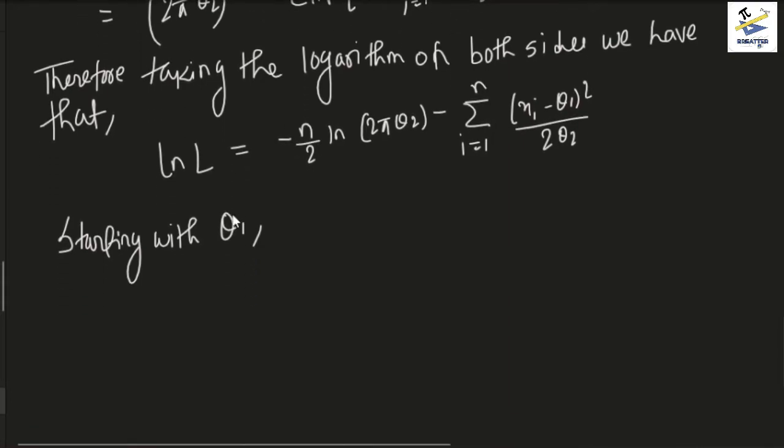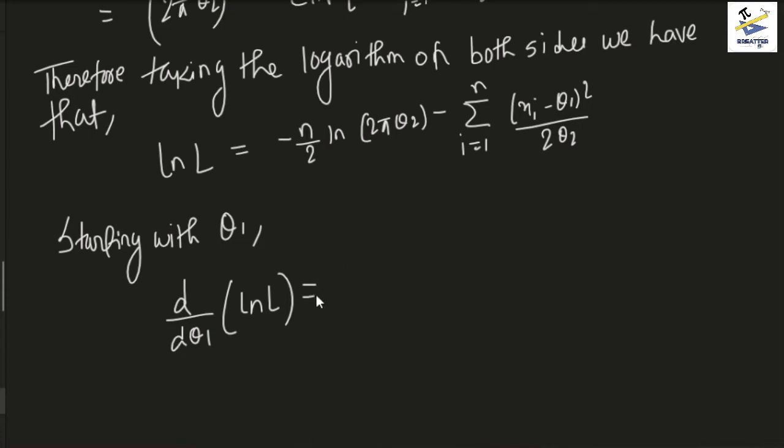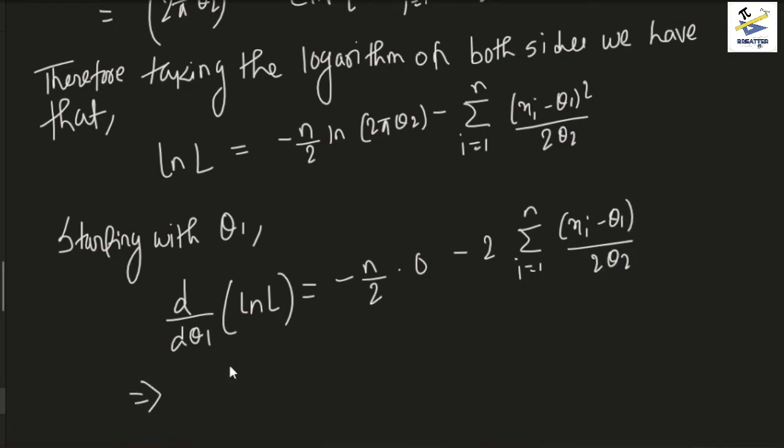Starting with theta 1, we have, and obviously all the derivative formulas and integration would be required here, so that would be embedded with this video for your needs. This would be 0, while this would be 2 times, therefore this gives us L prime by L equals minus 2